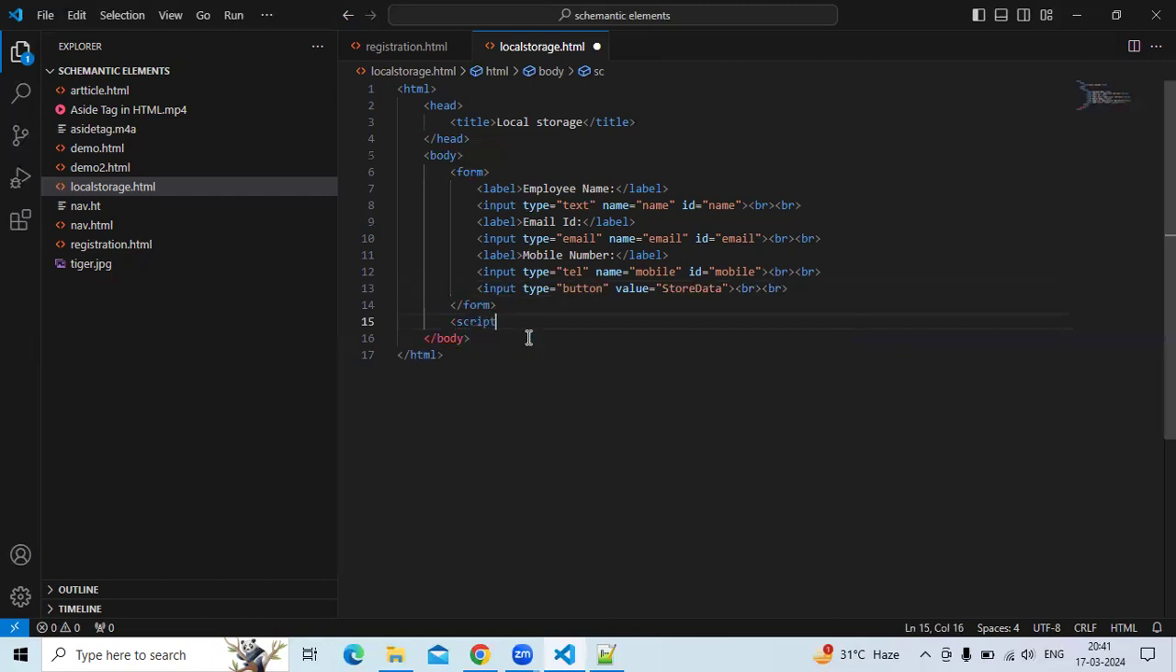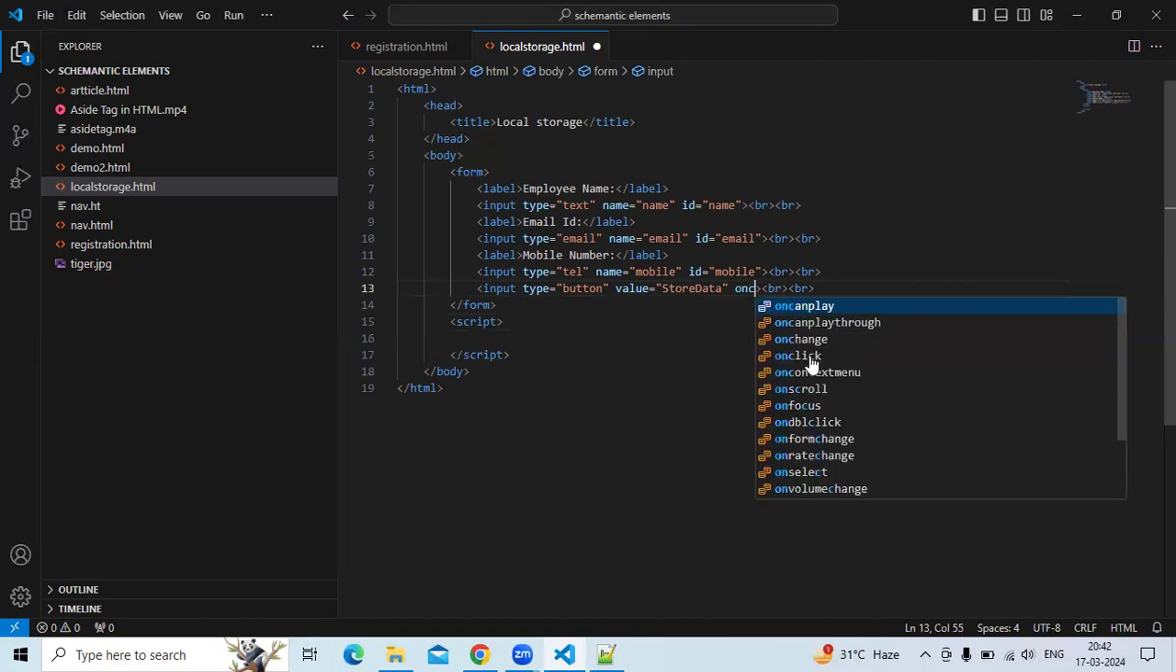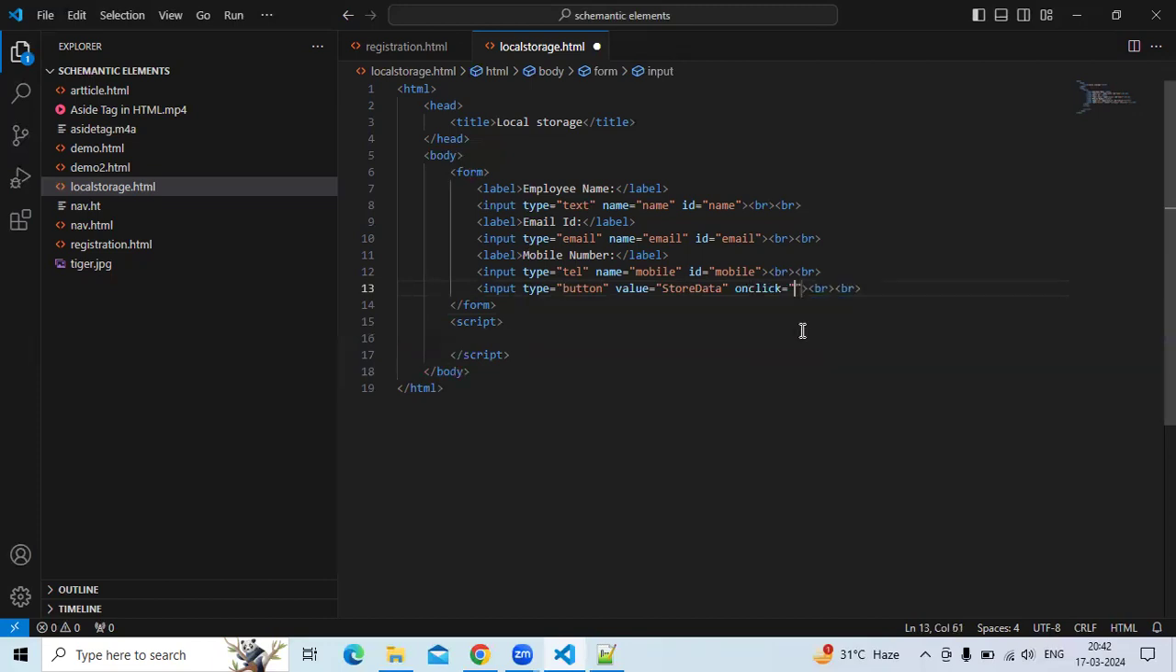So in the script tag you can write your JavaScript code. You need to define your click event here first of all, which means after clicking on your button you need to call one function. For that, we have an onclick event in JavaScript. So after clicking on this button I need to call like